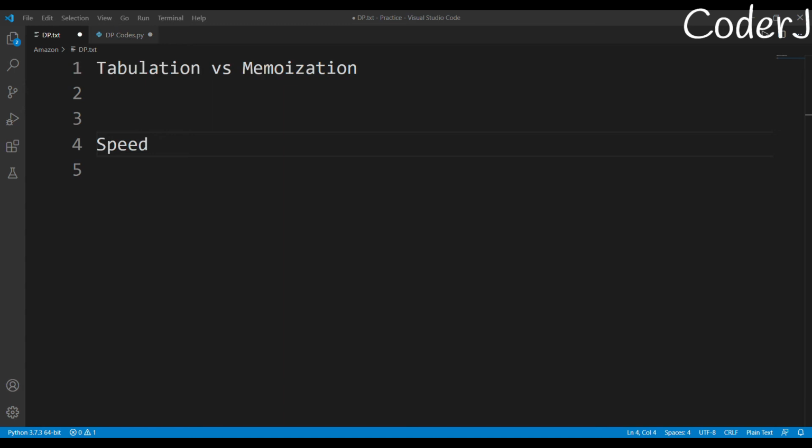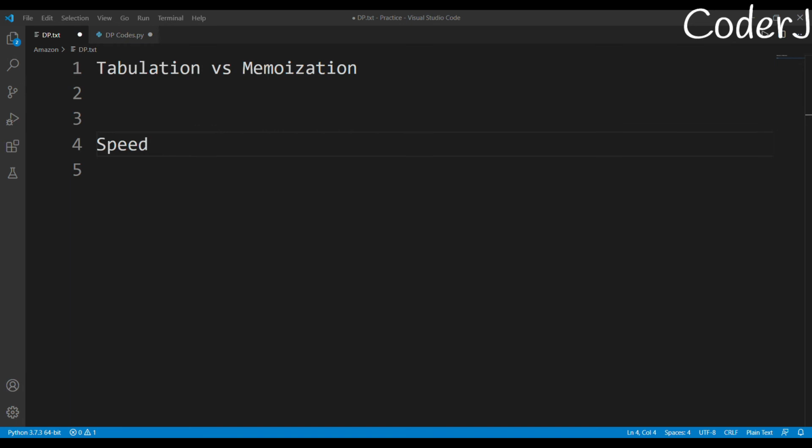For memorization, we continuously keep making recursive calls. These recursive calls are very complicated on their own, because you are supposed to create the function stacks, and you have to fill in the activation records. This is like a talk of compilers. This in turn makes memorization very slow. Even though in memorization we are not supposed to fill the complete values, because of these activation records and function stacks, memorization becomes slow. That is the reason why tabulation is fast, and I hope it's clear to all of you.